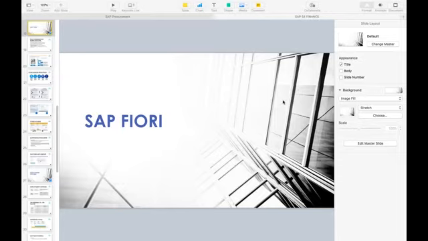We are going to talk about SAP Fiori today. What we have discussed in the earlier two sessions: in the first session, we understood what exactly SAP S4HANA is, and we discussed that within SAP S4HANA, the most important key enablers are SAP HANA as a database and SAP Fiori as a user interface. We already discussed what SAP HANA is and what its benefits are compared to traditional databases. What we are going to talk about today is what exactly SAP Fiori is.